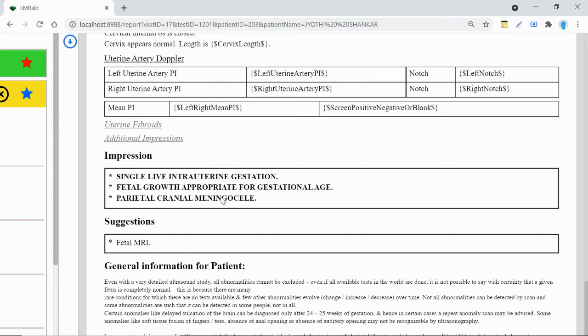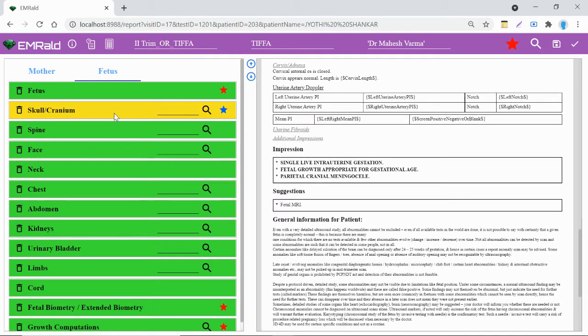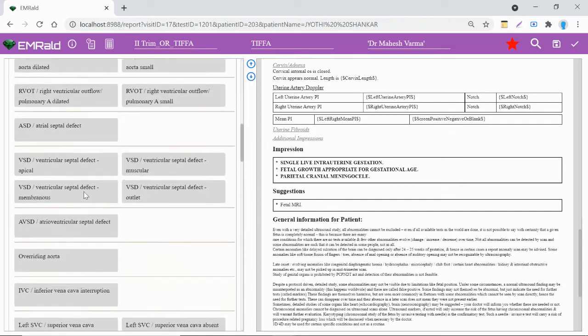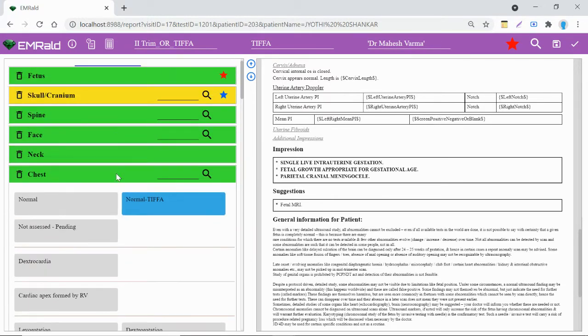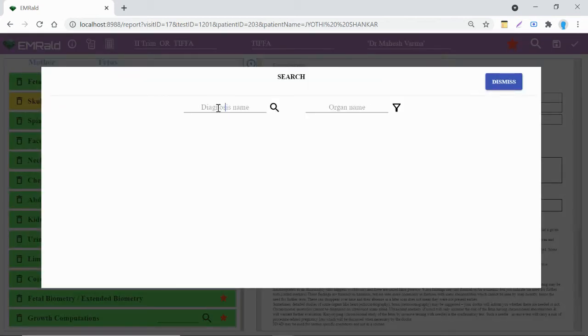because this abnormality has been noticed. So this is how you note any abnormalities that you come across during the scan, and it need not be only in the skull; it can be in any other fetal organ or in the maternal organs, as the case may be. A huge number of abnormalities are listed here in the template, and you can pick and choose the one you want by doing a search here, or even a search here, which is across all the organs. So you can type any diagnosis here, and it can be an abnormality or an anomaly or a condition, a pathology in either the fetus or the mother, and immediately the results will be available.